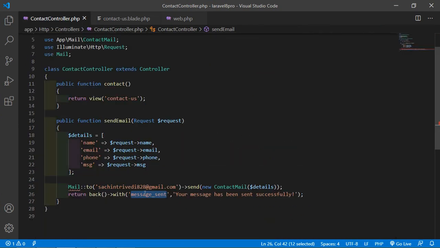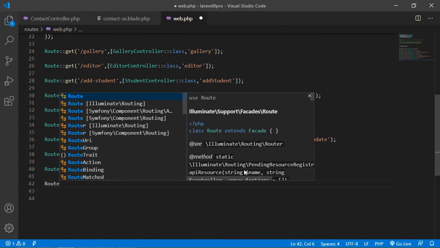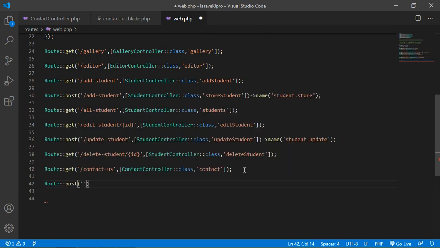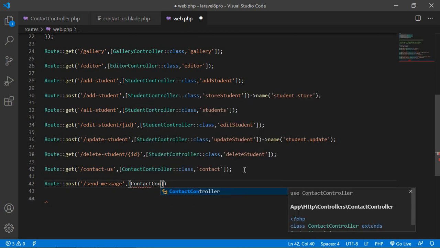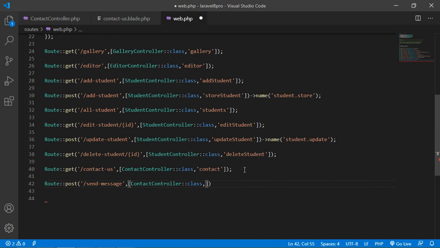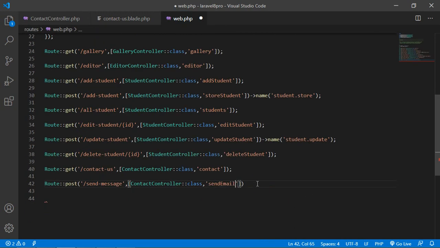Now let's create a route for this function. So go to the web.php, and here just create a route post and URI send-message. Add here the controller name ContactController colon colon class. Just add here the function name, which is sendMail, just copy and paste here.